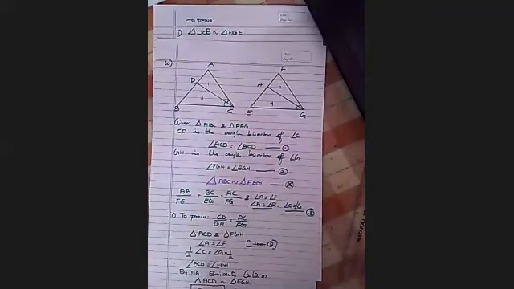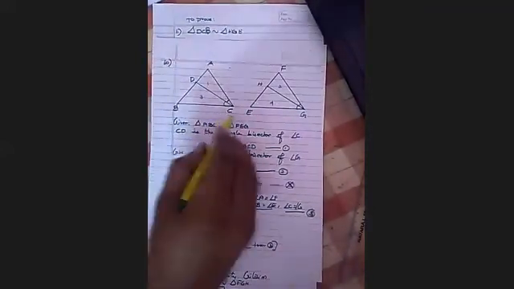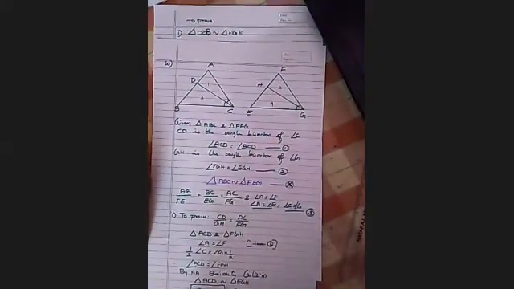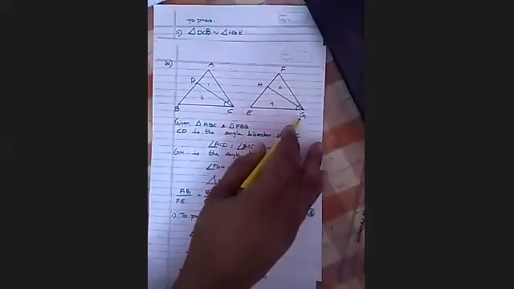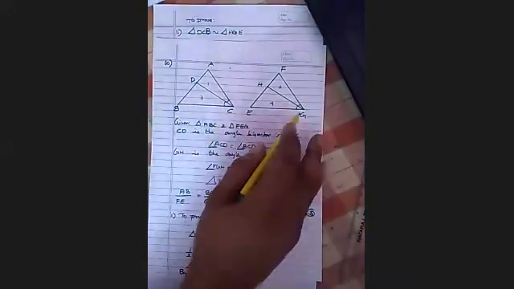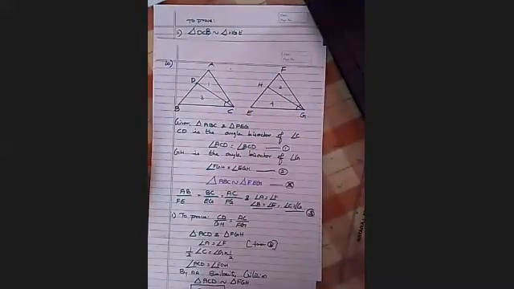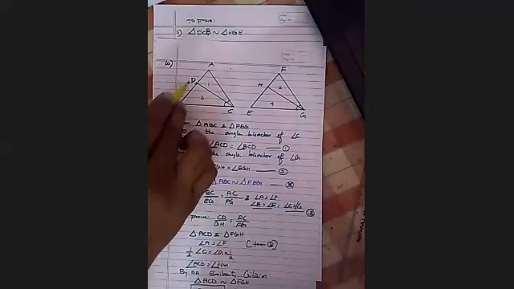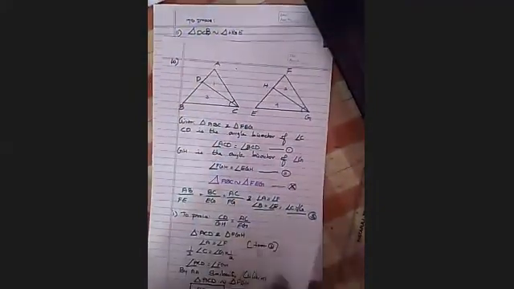Yes. Same proof. See, in triangle DCB and triangle HGE, what about B and D? Equal. B and D are equal, sir. Right? C and G is also equal. Am I right? Yes, from equation 3, angle C is equal to angle G. What about half of angle C and half of angle G? Angle DCB is equal to angle HGE. By AA similarity criteria, these two triangles are similar. Simple. You got it? Yes, sir.